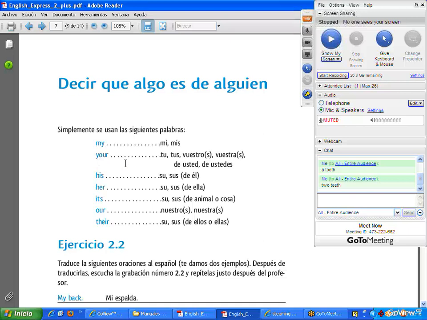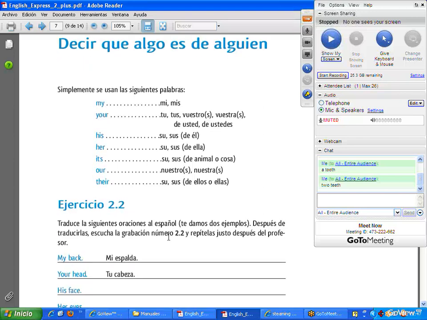Let's try these in an exercise. We're going to say, translate the following sentences to Spanish. We'll give you some examples. Well, two examples. After translating them, listen to the recording number 2.2 and repeat after the professor. So we would have my back, mi espalda, your head, tu cabeza,